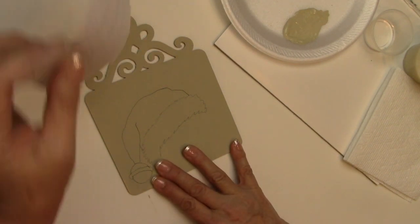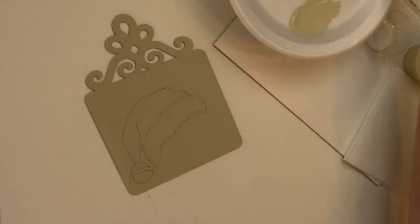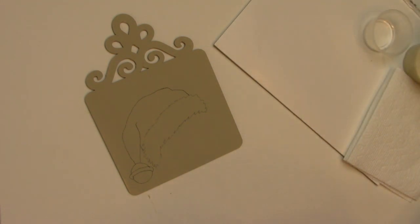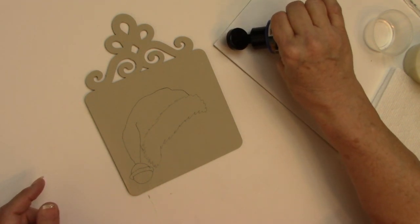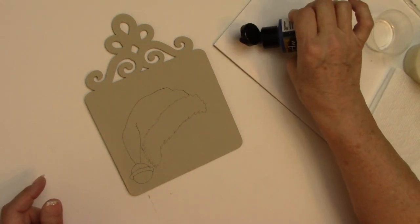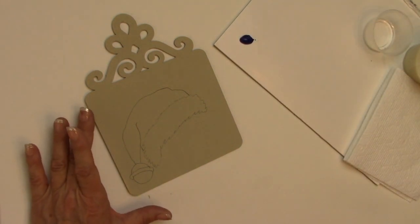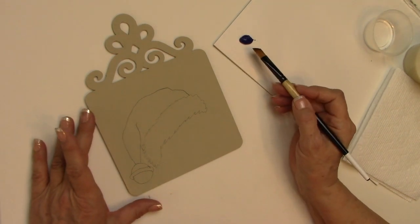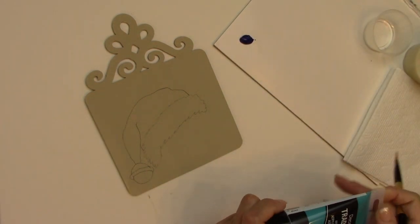Take off my pattern. All right, now I'm going to use the Traditions Phthalo Blue. Now I do have a conversion chart on my website for Americana and Tradition colors, so you have some options there. I just like the bright intensity that I get with the Tradition colors. So I'm going to be using Phthalo Blue, and I also have some